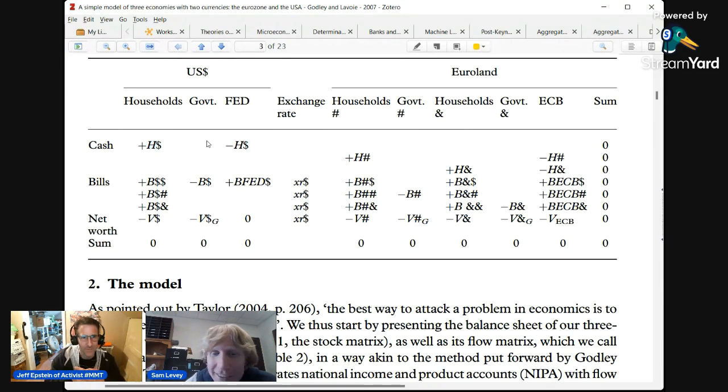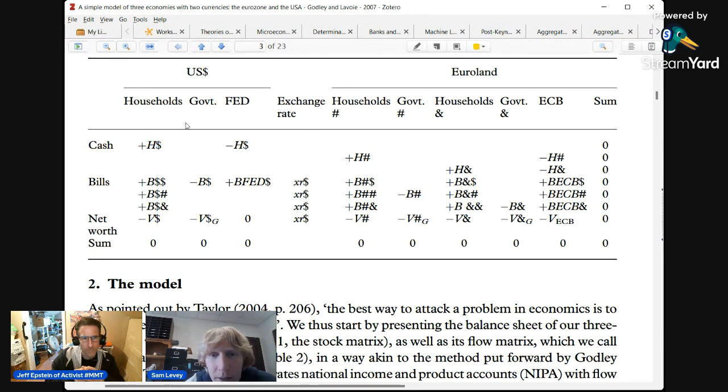No, I don't. I'm not sure. It's money. And I think it's H. I think the reason they use H is it's high-powered money. It's cash, okay. Actually, you can see that here, cash. And so what this is saying is cash. The minus sign means it's a liability. So dollars are a liability of the Fed, and they're an asset for the household sector.